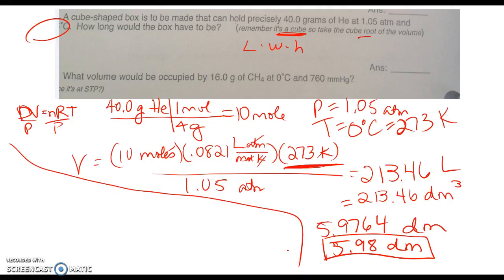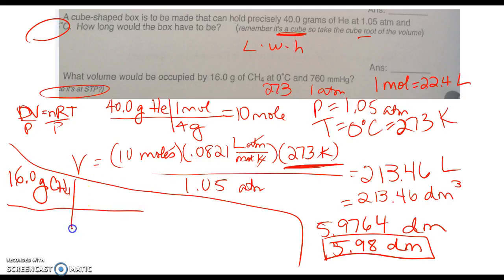Okay, let's look at the last one. What volume would be occupied by 16.0 grams of methane gas at 0 degrees C and 1 atmosphere? Now it's at STP, right? STP says that at STP, 1 mole of gas is 22.4 liters, right? So since it's at STP, I will first calculate to get moles, and then I'll say 1 mole is 22.4